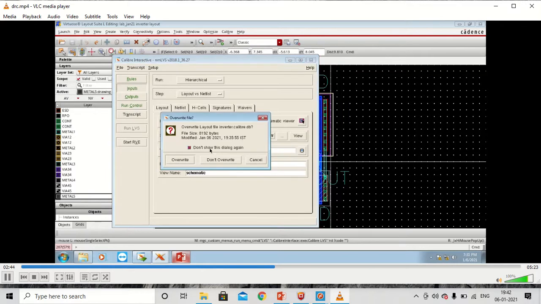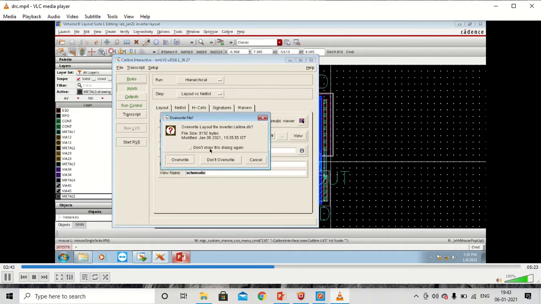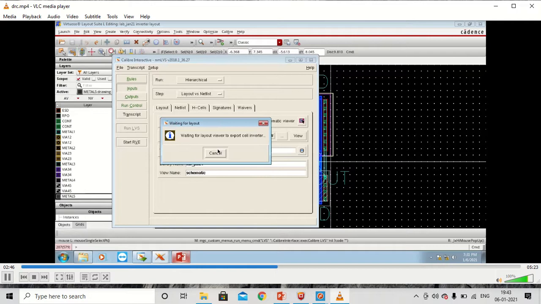We'll select the checkbox to export the netlist from the schematic viewer. So then we'll run LVS, and it will overwrite any files from previous runs. So this is a fresh LVS.